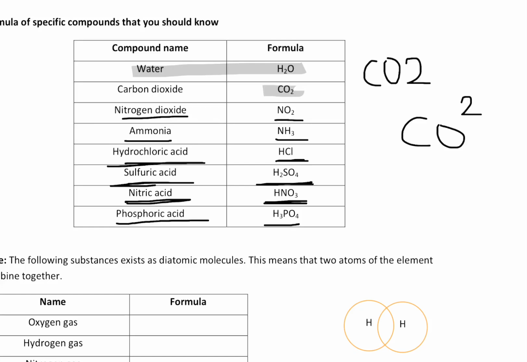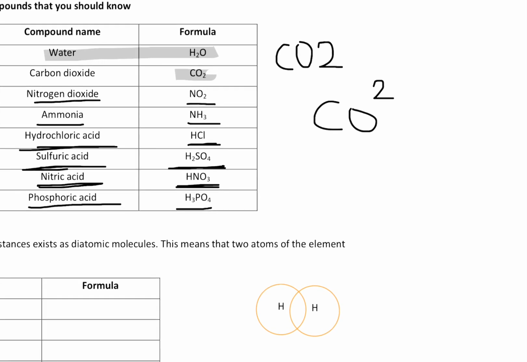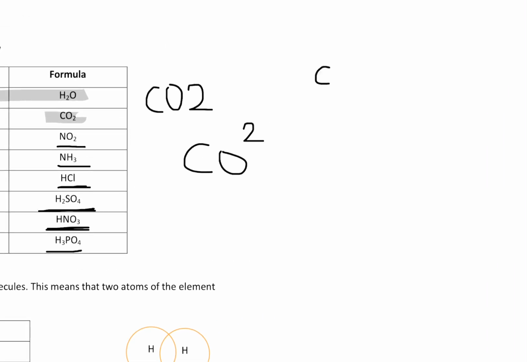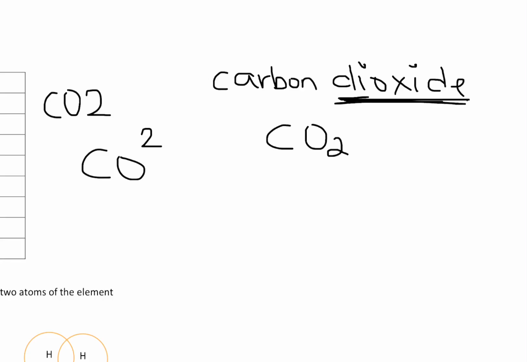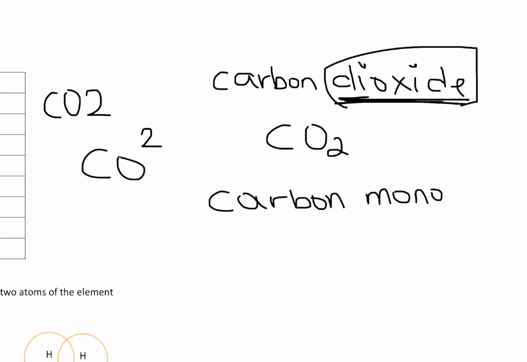Carbon dioxide is very easy to remember because it says carbon dioxide. Di means 2, so carbon dioxide means there are 2 oxides. Similarly, if it were carbon monoxide, mono means 1, so it's a carbon attached to 1 oxygen,